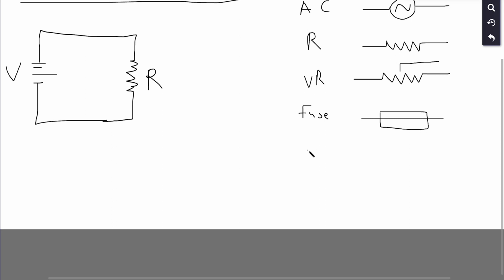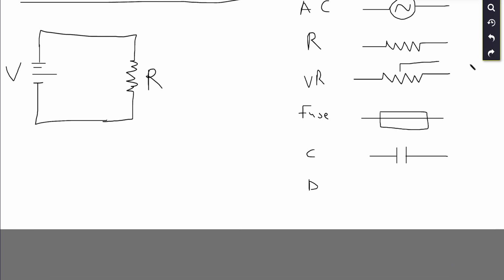Capacitor, I'm going to use a C here. A capacitor can be represented as these two. A diode, let me just use a D here. A diode can be represented as